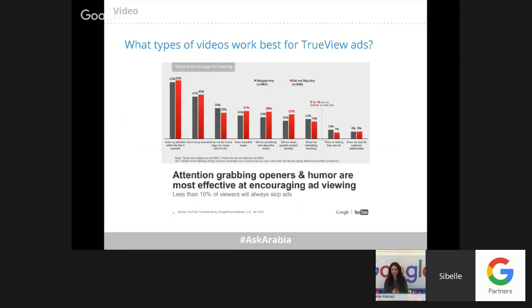So if you made sure to add some humor or have a very attractive start, a very compelling 5 seconds of your video ad, you would increase your chances very well to get users to view your whole video, and hence your ad would be performing much better.